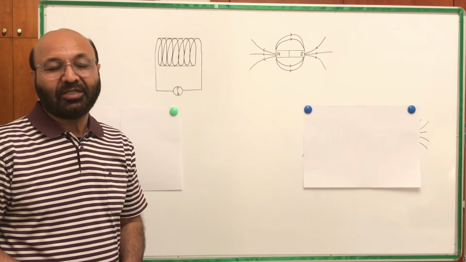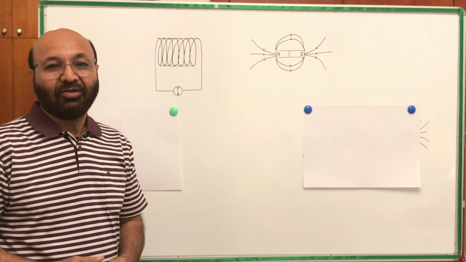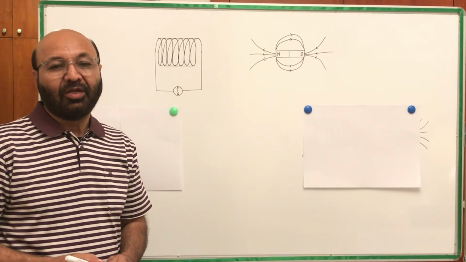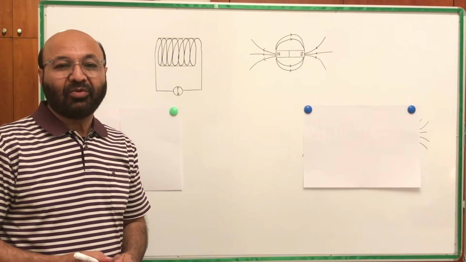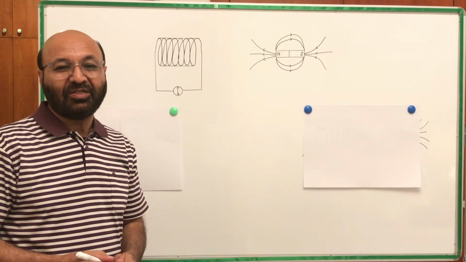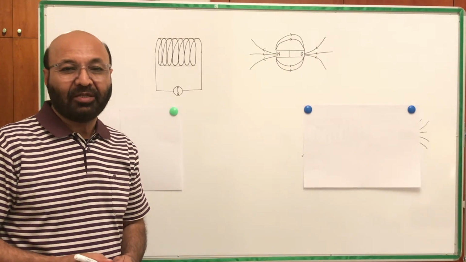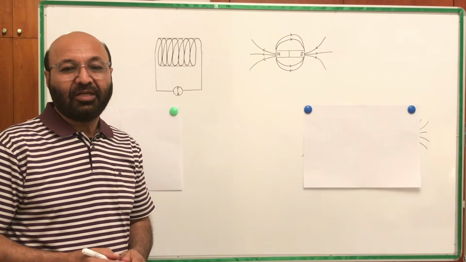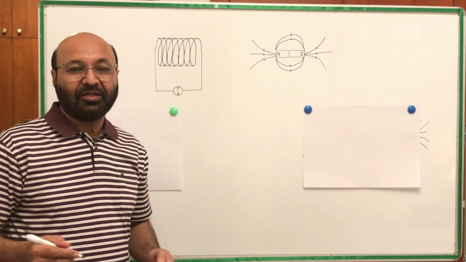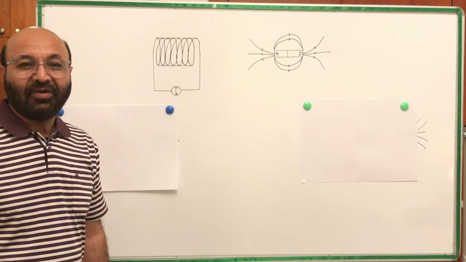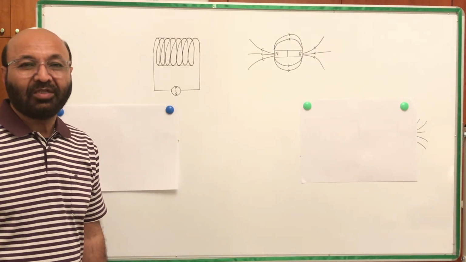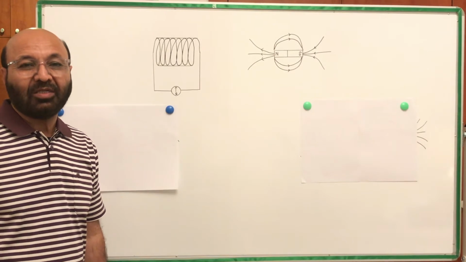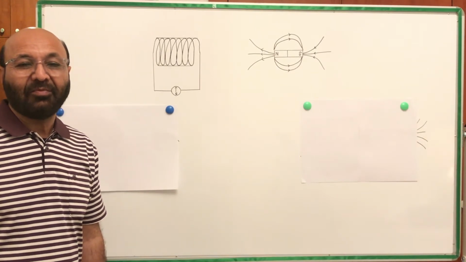Now we know that the flow of electric current through a conductor generates a magnetic field. But is it possible to reverse this process and generate electricity from a magnet? This idea was first tested by a scientist, Michael Faraday. He invented the first electric motor, and he continued his research to show how the electric effect can be reversed